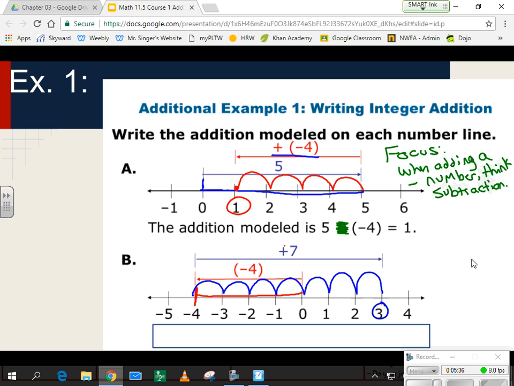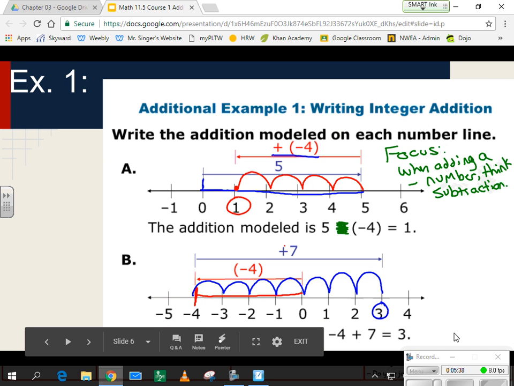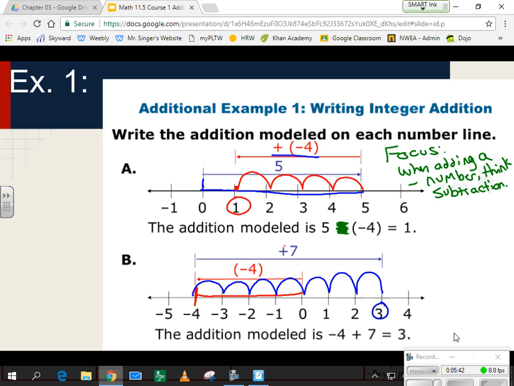So if we were to write this model as a sentence, you'll see negative 4 plus 7 equals 3. So another thing I want you to try to focus on